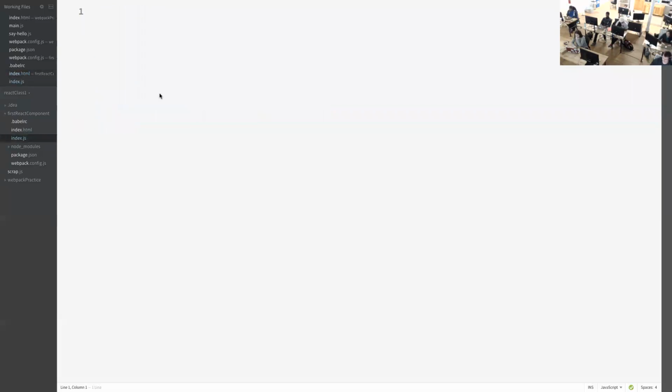So index.js. Okay, so what we're going to do is, the first thing I'm going to do is I'm going to import the two libraries. So I'm going to import React with a capital R. Import React from React. Now this is a different syntax, but this is the exact same thing as var React equals